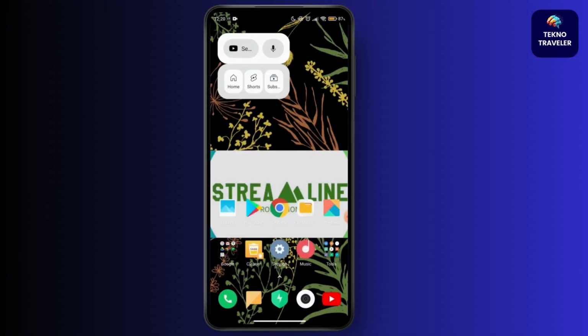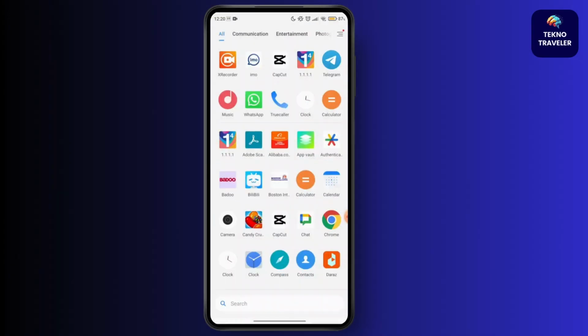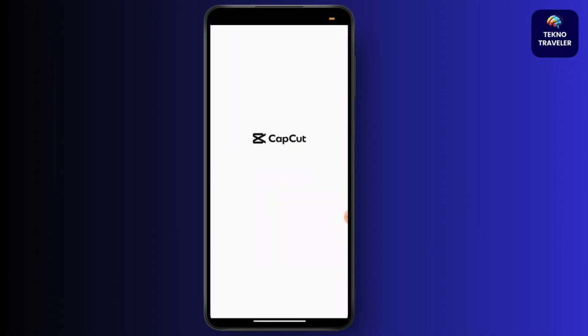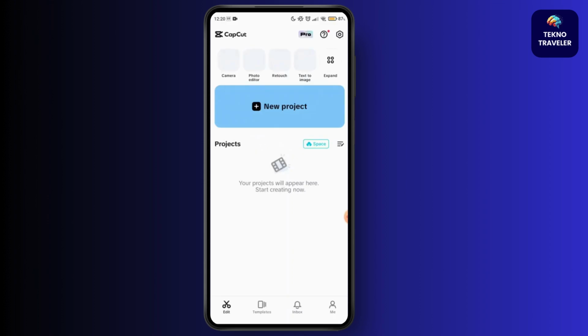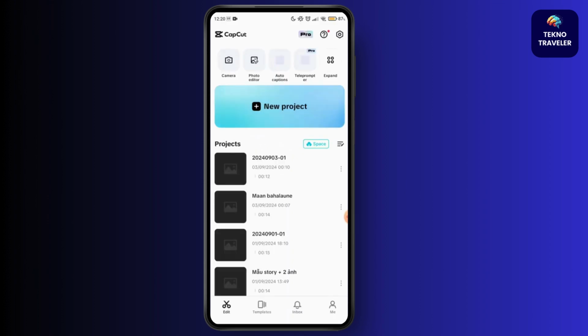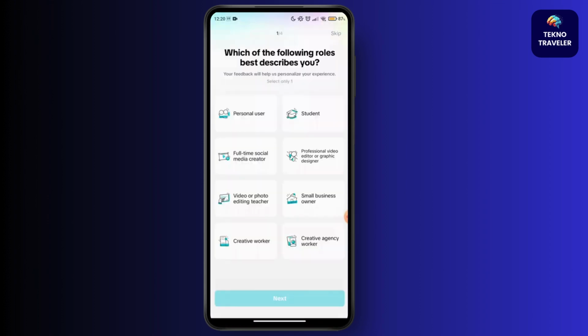So if you want to delete the video effect on your CapCut mobile, first of all you have to launch the CapCut app on your device. Once you have launched the CapCut app, go for the new project here. And once you are on your new project,